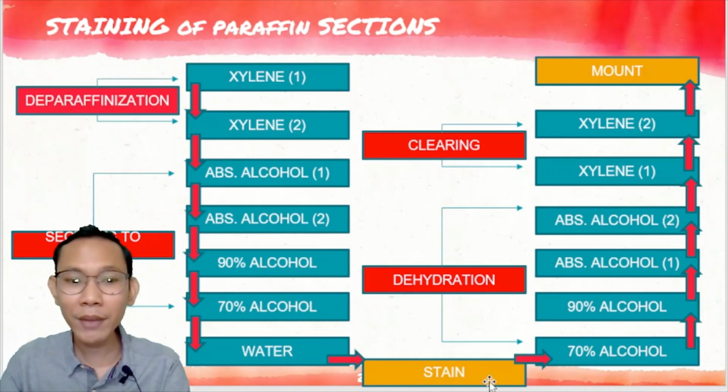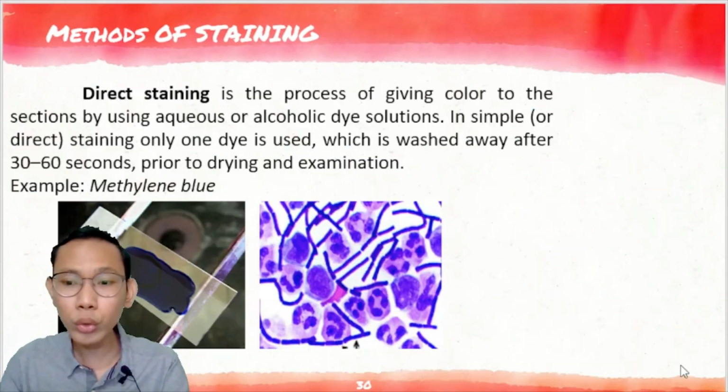Then, step 5 is that the section is cleared with 2 changes of your xylene to prepare the section for mounting, since most mountants are miscible in xylene. So again, you will now proceed with clearing using your xylene. And ayos lang yung xylene kasi your xylene is miscible with most of your mountants. Take note that the second change of your xylene here will raise the refractive index of your glass slide, thereby reducing the light refraction during microscopic